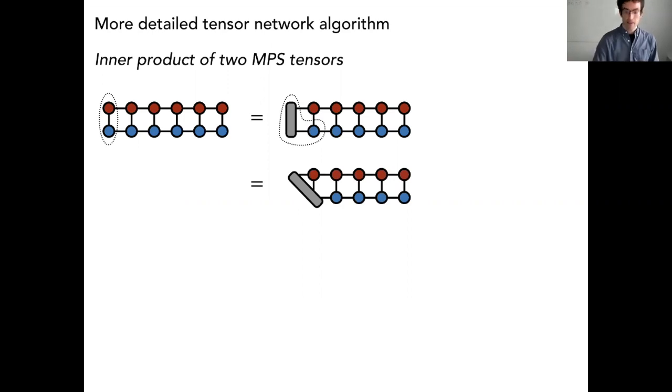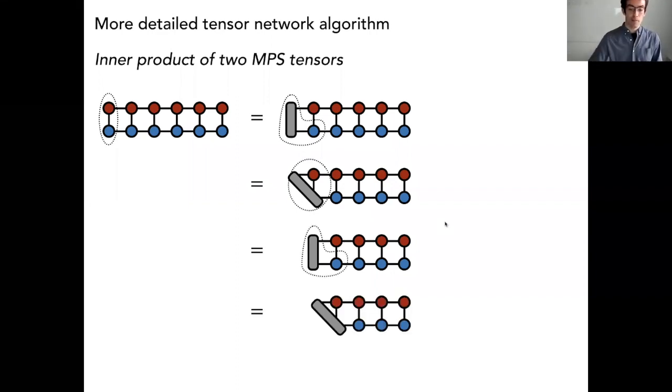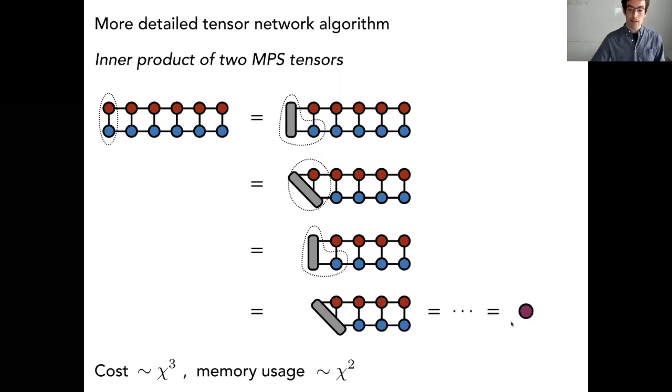Now we're going to contract these 2. Again, now we're summing over their shared indices, so this one and this one. This index is held open, that index is held open. So that's just another small sum that you do in the computer. And then you just keep doing this. Sometimes people call this the bubbling algorithm, because you're basically just moving this little bubble along and combining pairs of tensors together, going down the chain. You keep going and bubbling, and then you get a scalar at the end once you get to the end of the chain.